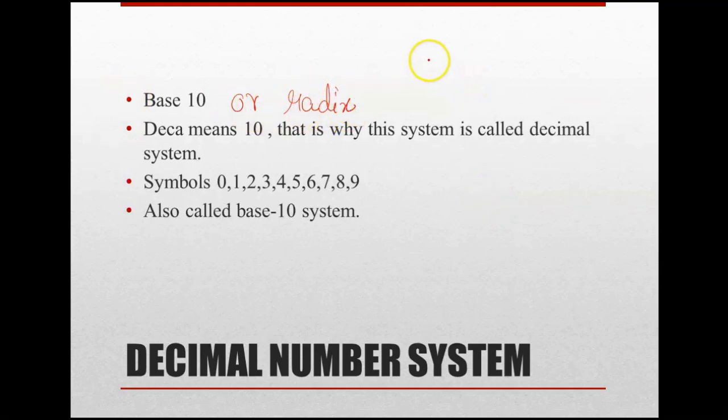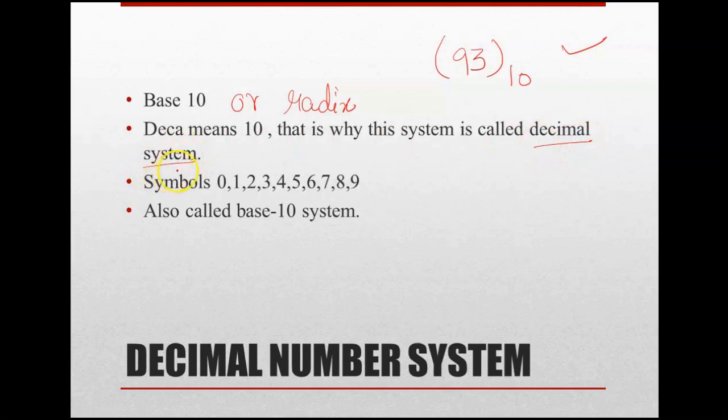Anything is fine. We used to write, if any number is there, suppose 93, we give this 10 as a subscript to represent a decimal number scheme. Well, if you are not giving any base value, then it will also be considered a decimal number system only, because as I said, normal mathematics is based on the decimal number system. Deca stands for 10. That is why this is called the decimal number system.